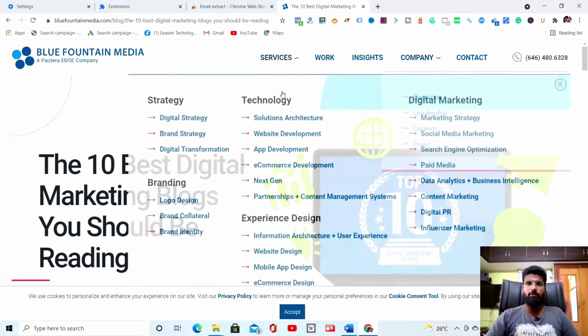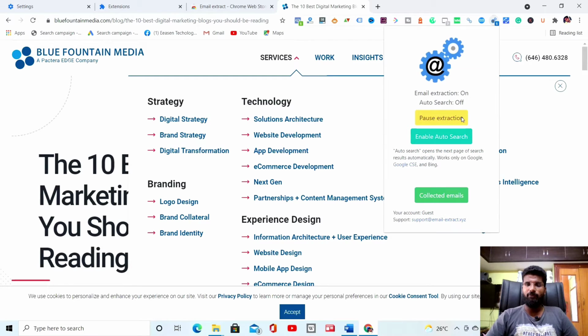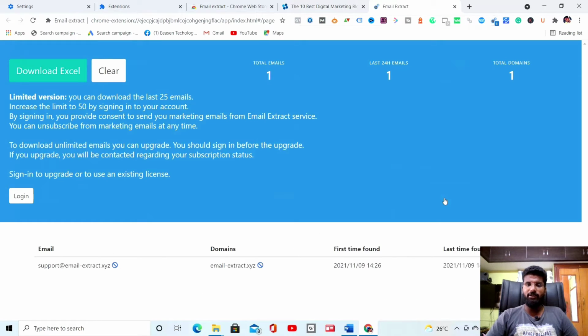After getting into the blog, just click the extension and click Collected Emails. Yeah, it will show the support at email extract XYZ. The main purpose of the email extract is that it will collect all the emails from the web page and show them to us. After taking the emails, we use them for guest posts and getting them converted into leads, etc.